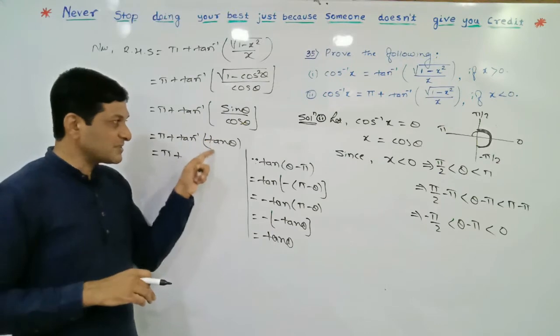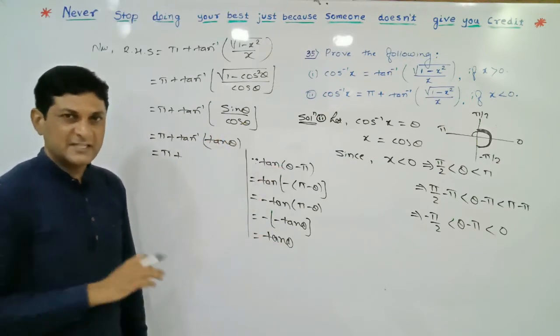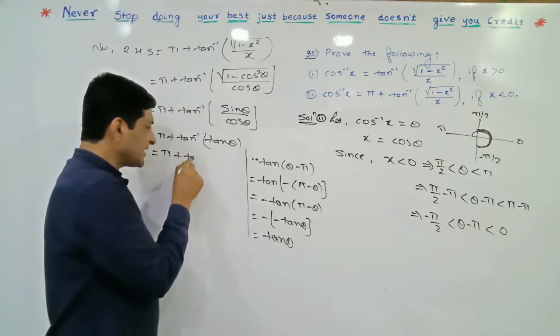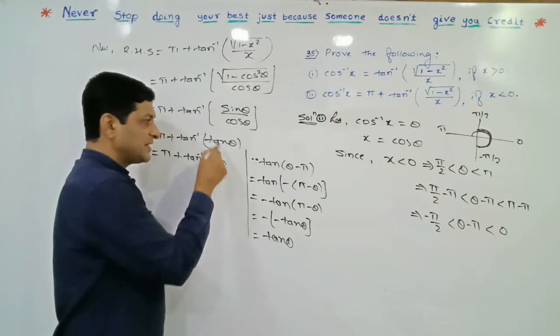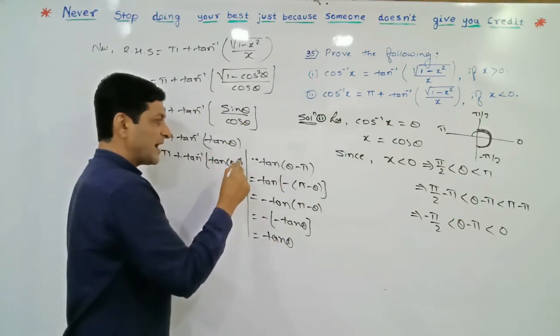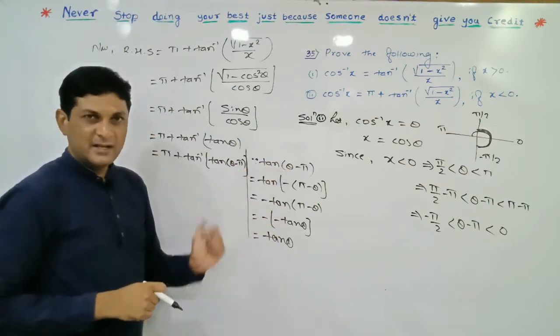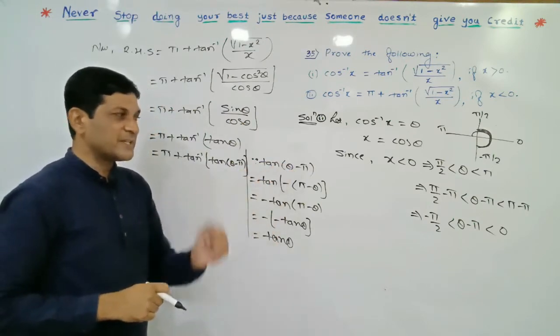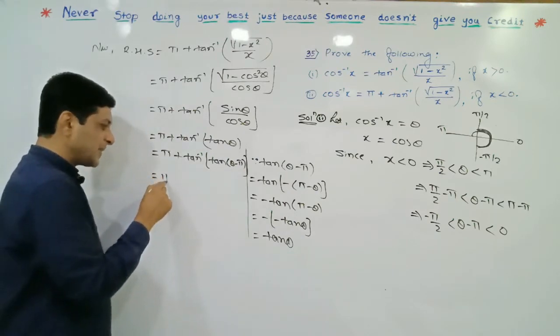So that's why this tan theta can be replaced by tan of theta minus pi. Here tan inverse, keep it as it is. Here in this tan also, tan theta, I am replacing by tan of theta minus pi. Hope you have got it. We have proved that these two values are equal, and that's why tan theta can be replaced by what? Tan of pi minus theta. Both the values are equal. So keep this pi as it is.